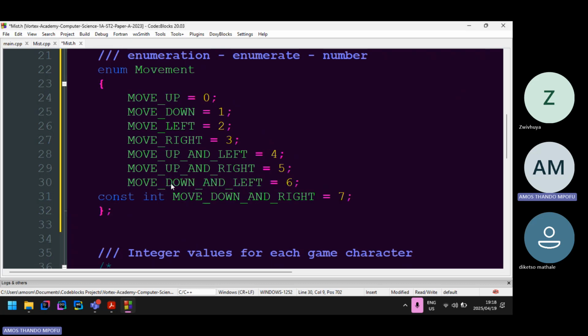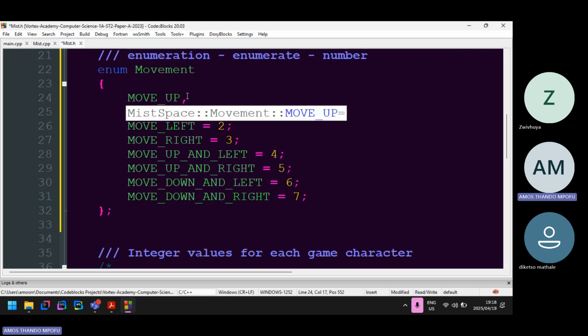Then you remove all the constant parts, because they're added automatically when you create an enum. C++ adds them automatically, and you don't have to initialize from 0 to 1. By default, enums start counting from 0. If you want to change the starting point, you initialize the very first constant to a different number, and then every constant that comes after it increases by 1. Since we want to maintain the same structure of starting from 0, I don't have to give it a default value. And you separate all constants using a comma,